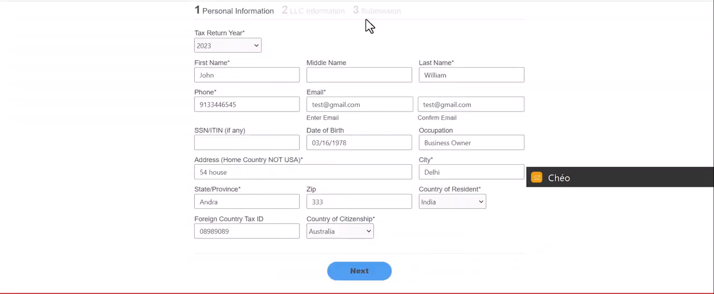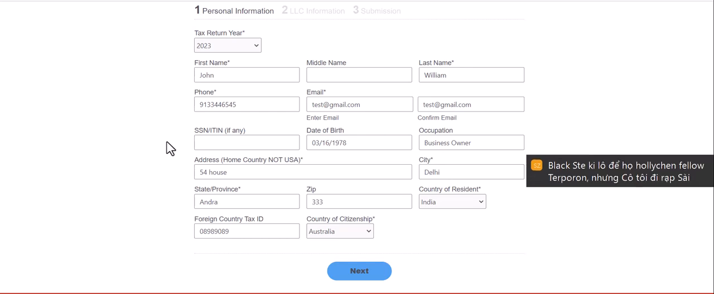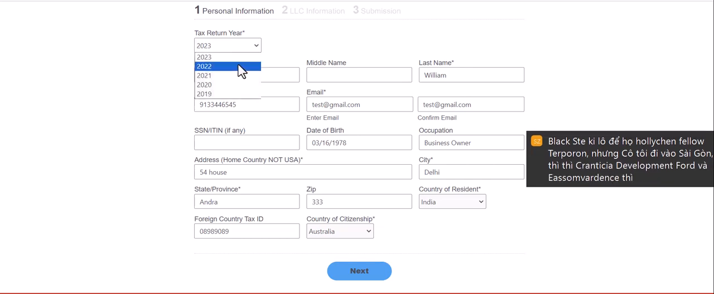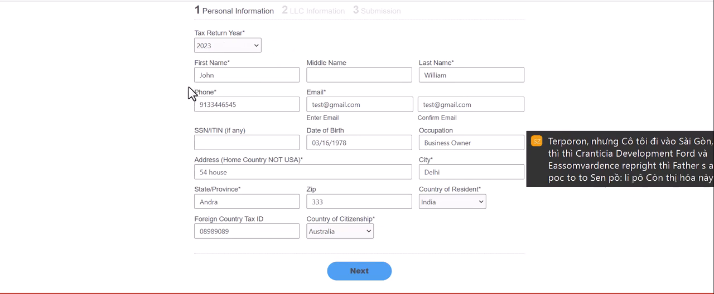Let's take a look at how we can fill out this form. You go to the website and click on the link, and then you come to this form. In this form, you can select the year. The current year is already the default, but if somebody needs a prior year, for example, 2022, 2021, etc., you can select that. In our case,